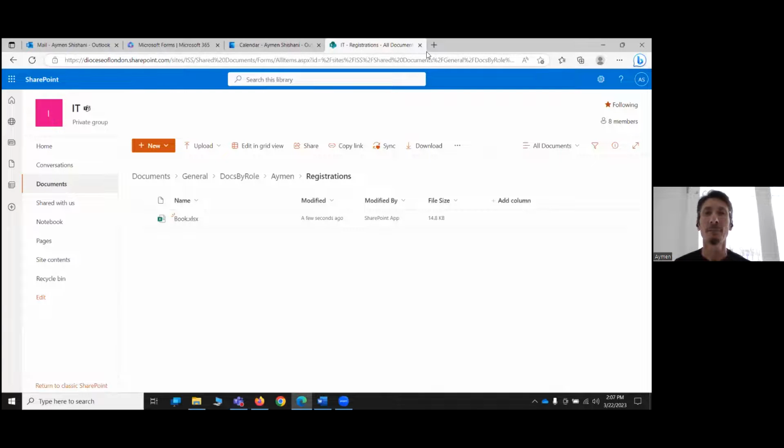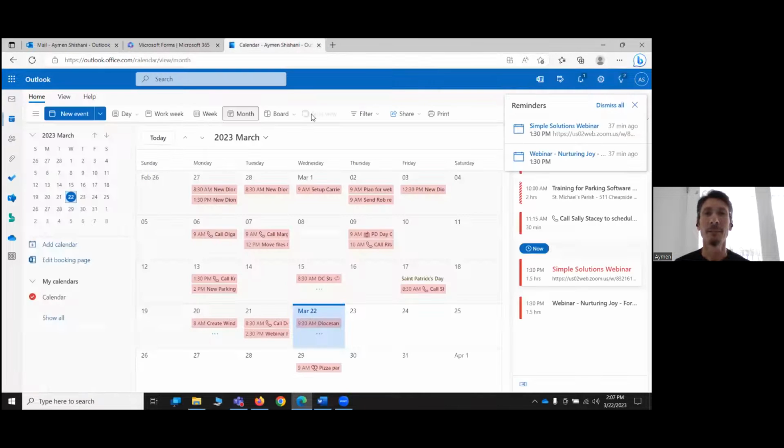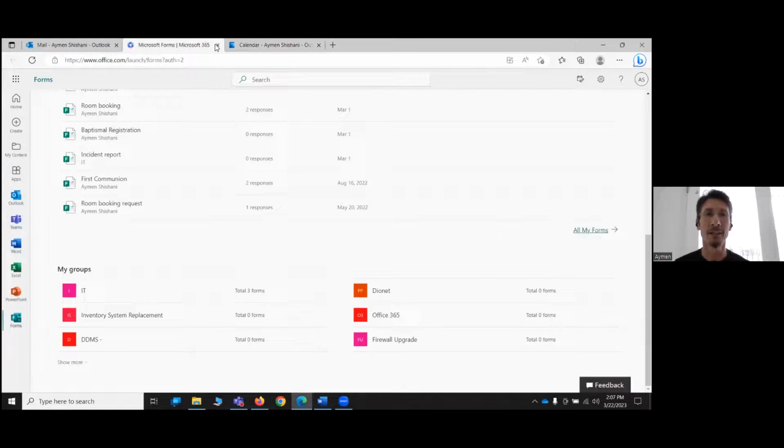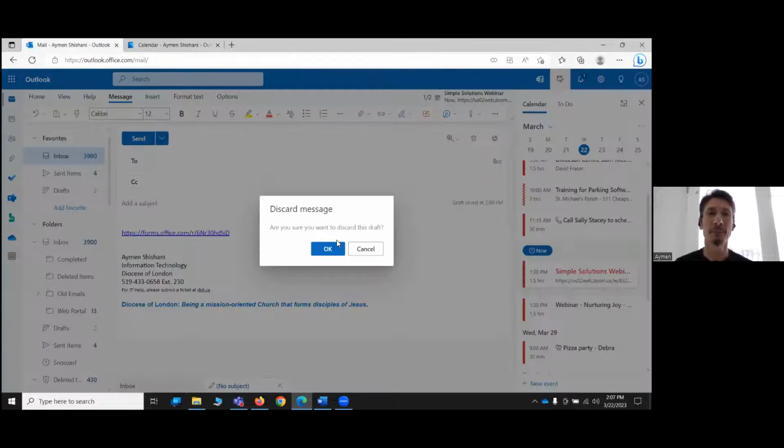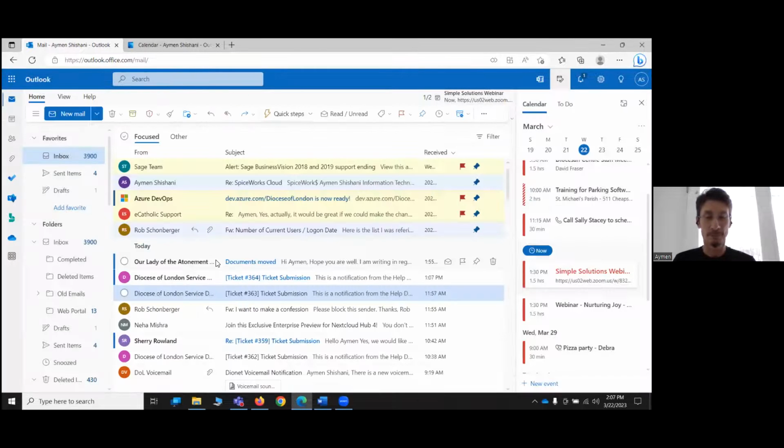Let me switch over to my email. A lot of time you organize meetings and a lot of people, and you send out emails back and forth trying to decide which date works for everyone. In Outlook,